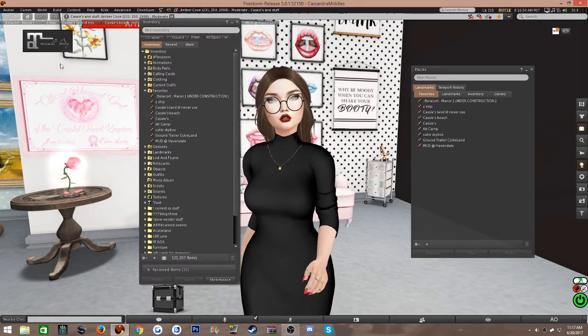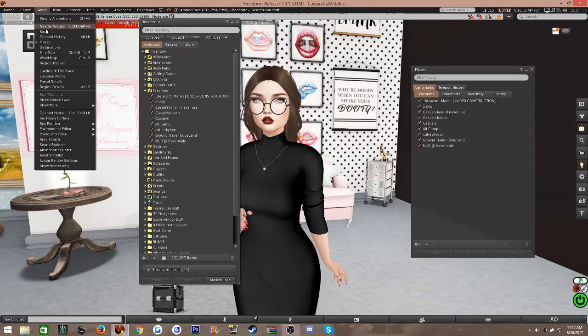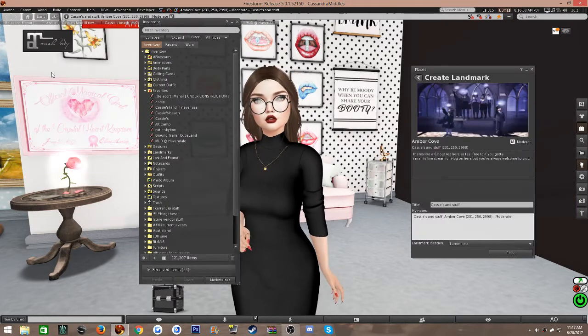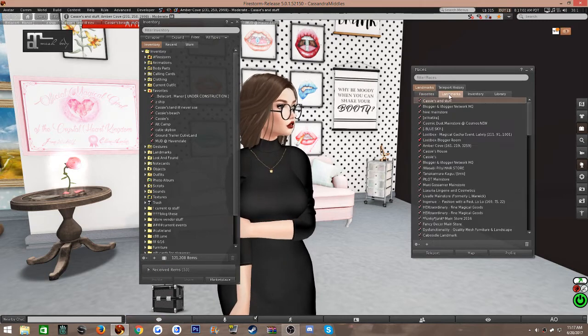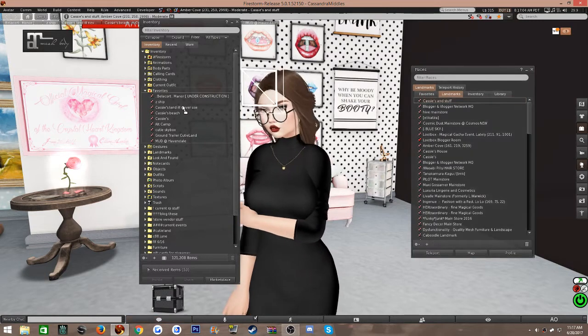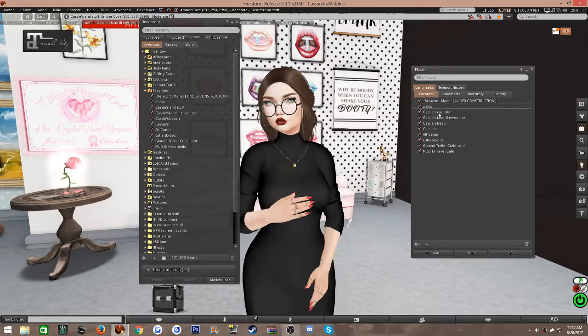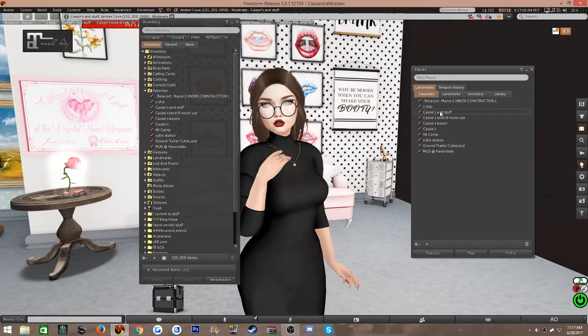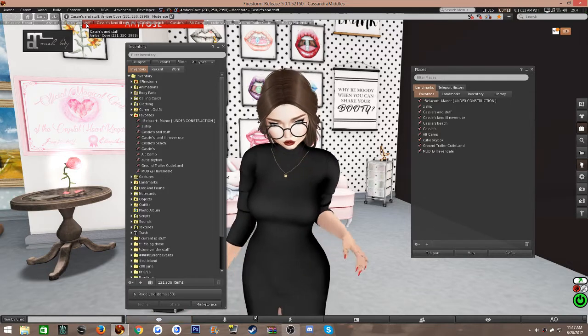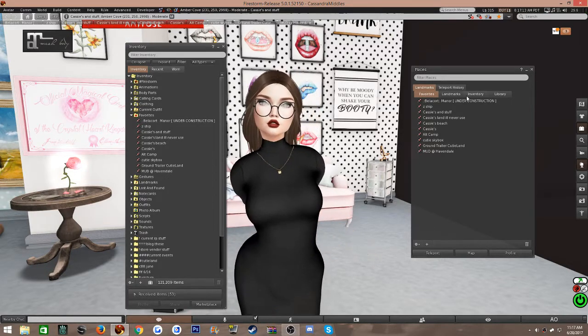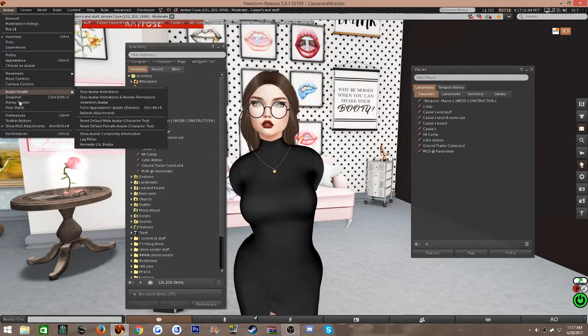If you ever make any landmarks by going to world, and then landmark this place, it'll show up right here, and you can easily take your landmarks from here and put it in your favorites folder. It shows up right there, Cassie's and stuff, and now it's also up here at the very top. You can also go into your preferences